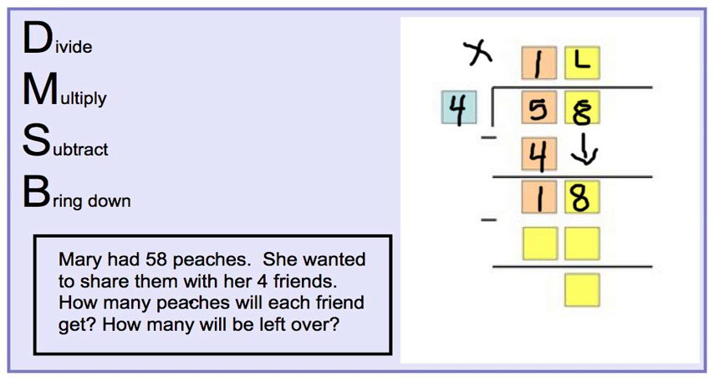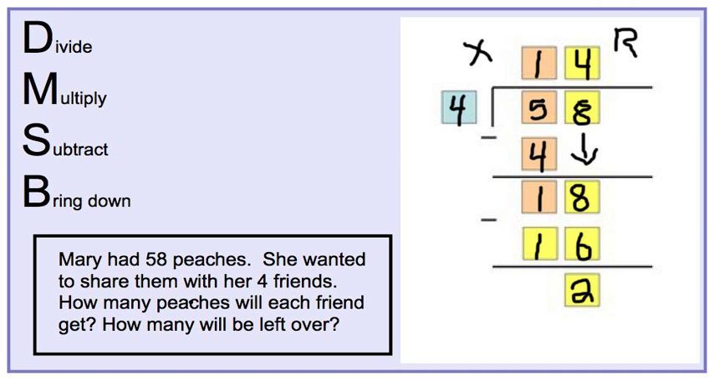Now I have to multiply. 4 times 4 equals 16. I'm going to put my 16 right below my 18. And I can move on to the next step, which is bring down. Now, 18 minus 16 is 2. So I know this 2 down here, since there's no other numbers left to work with or bring down, is my remainder. So each friend will receive 14 peaches, and there will be 2 left over, which means technically each